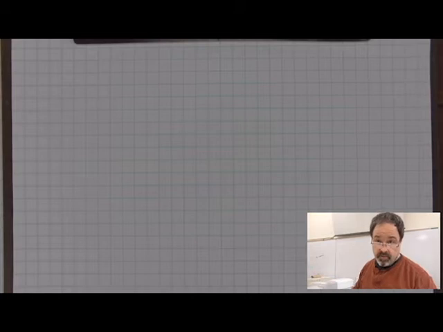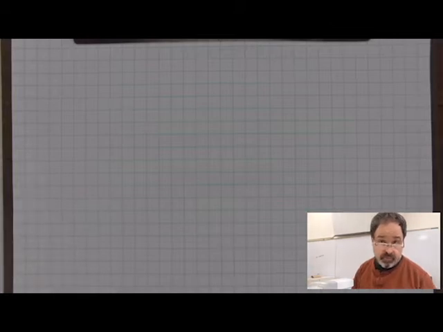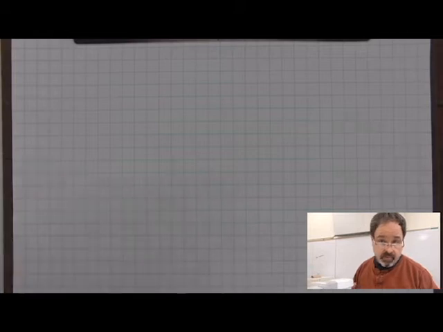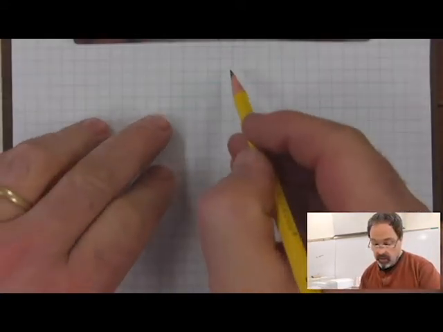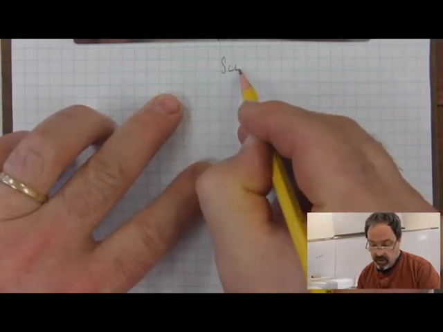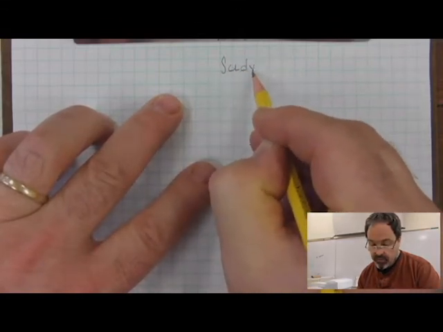Integration by parts is an integration pattern that can help us integrate challenging or difficult integrals. It's much like u substitution, but it's a little more sophisticated, a little more complicated, and it doesn't always work. But when it works, it can be a very helpful tool. I'm going to come straight out and show the integration by parts